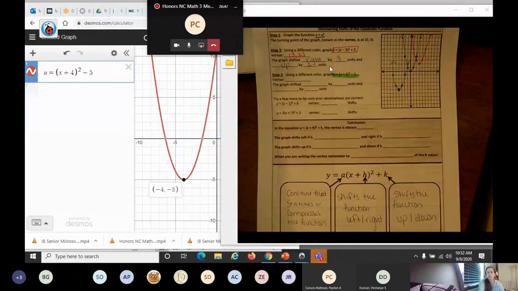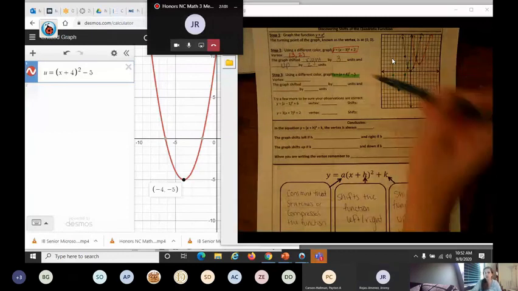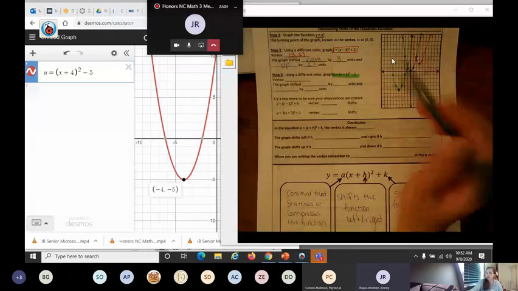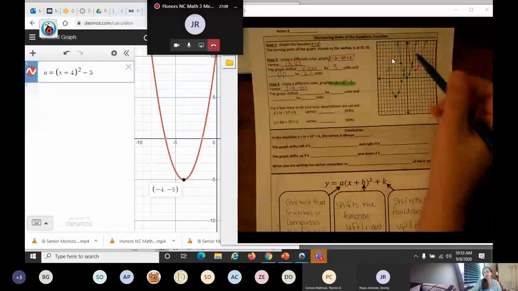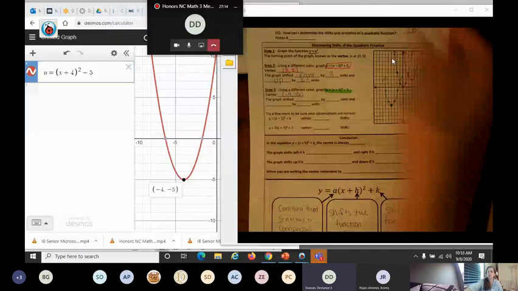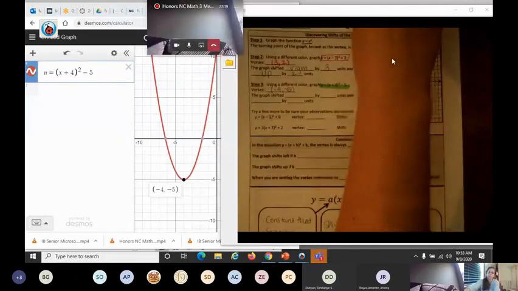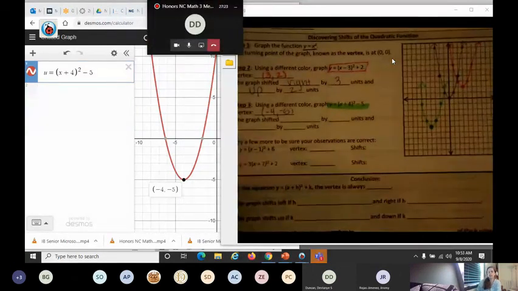Okay, so everybody should have this right here. Should have a graph in there. And then Jerome, are you here? Yes. Okay, so what should my vertex be for this green graph? -4, -5. Thank you very much. -4, -5. Now, Ms. Roberts, yes. Can you zoom in because I cannot see? Yeah, I can zoom in. Thank you for asking. Okay. So we have our function right there with its vertex at -4, -5. And Jerome,